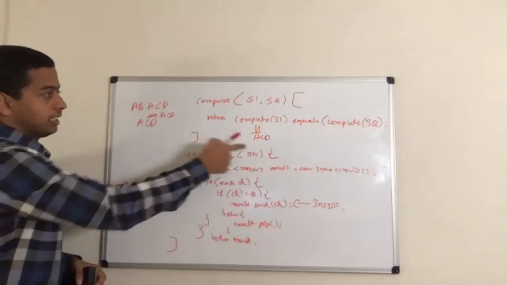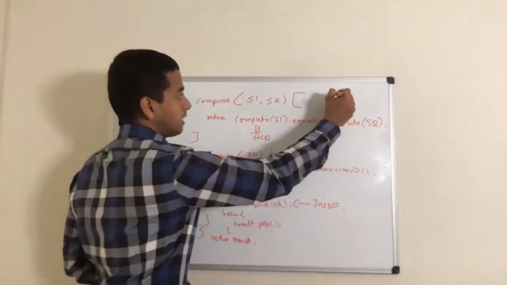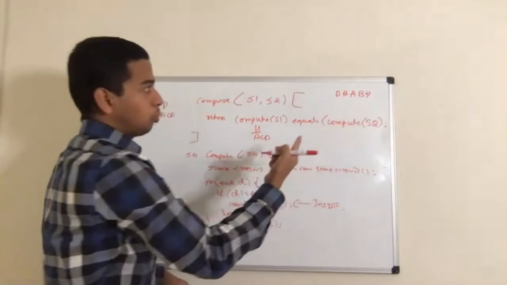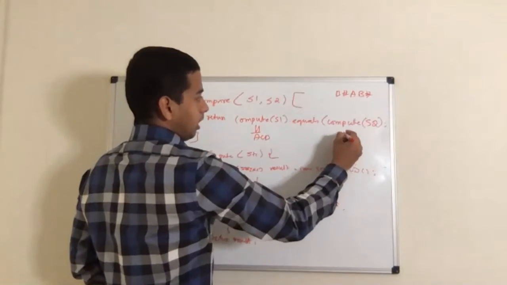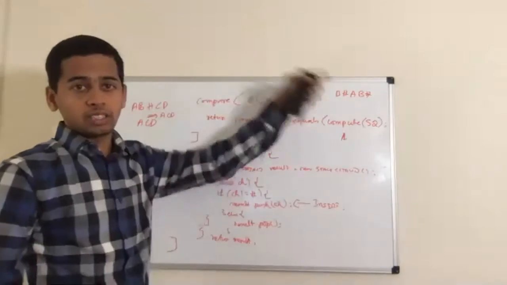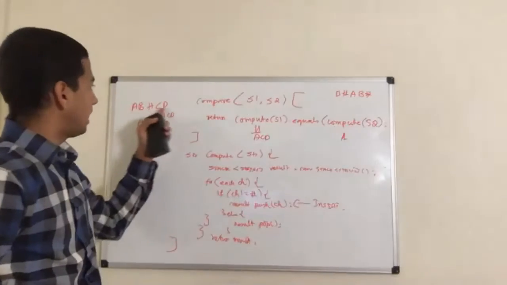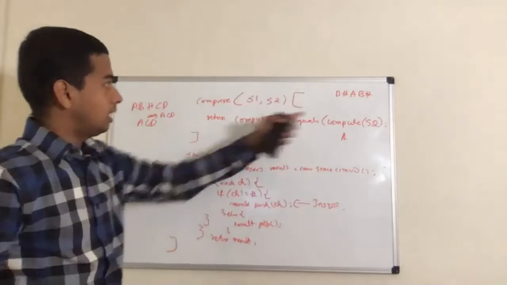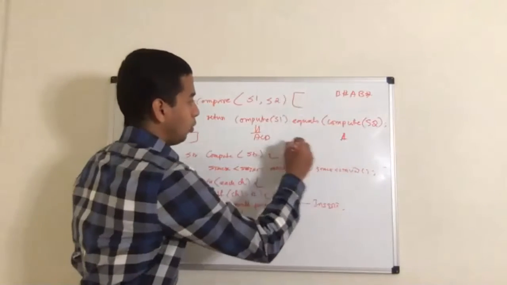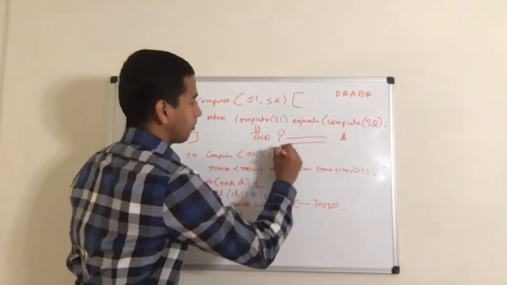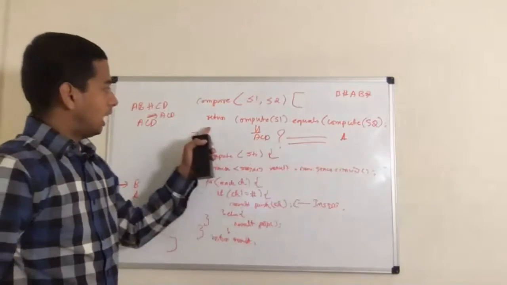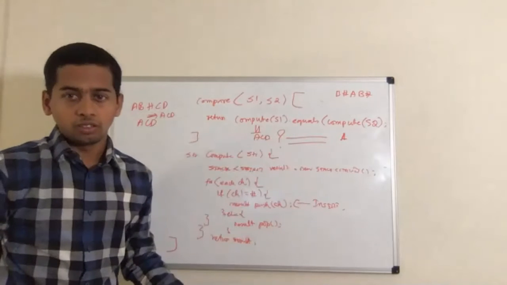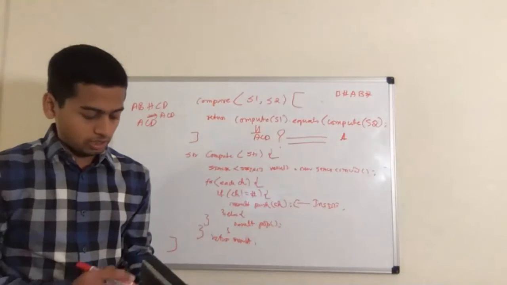AB hash CD means it will come as ACD. For another input, let's say I'm taking B hash A B hash. What will be the output for this? The output will be A. So I should compare these two strings. If I get two strings S1 and S2, which are AB hash CD and B hash AB hash, when I do a compute, I will get the output ACD. When I do a compute for the other, I'll get A. Now I'm checking if these two are equal or not. When I do an equal check, I will return the output, whether it's equal or not. If it's equal, it means true. If not, it's false. Did you get that, Aishwarya?